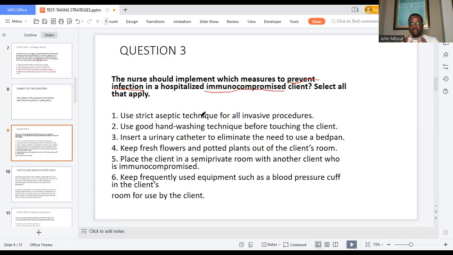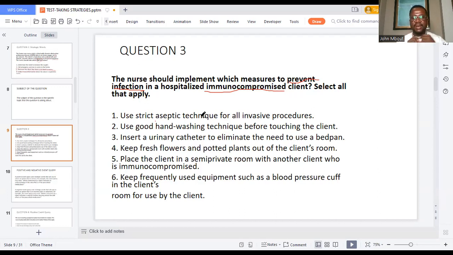Immunocompromised clients. Remember, they did not use this word for nothing. It's not just ordinary infection control or just ordinary prevention of infection. It is prevention of infection in a hospitalized immunocompromised client,